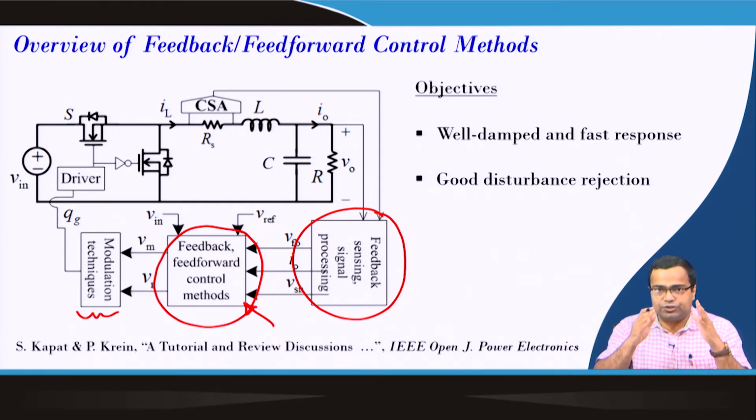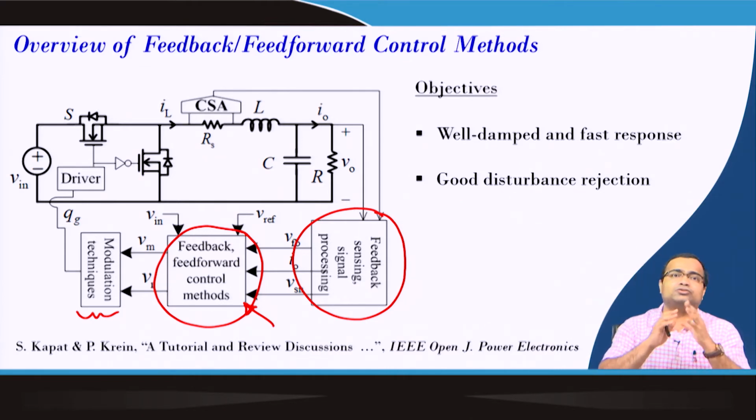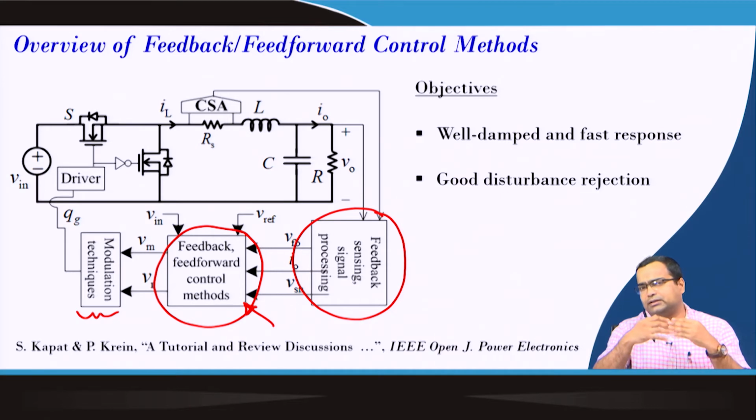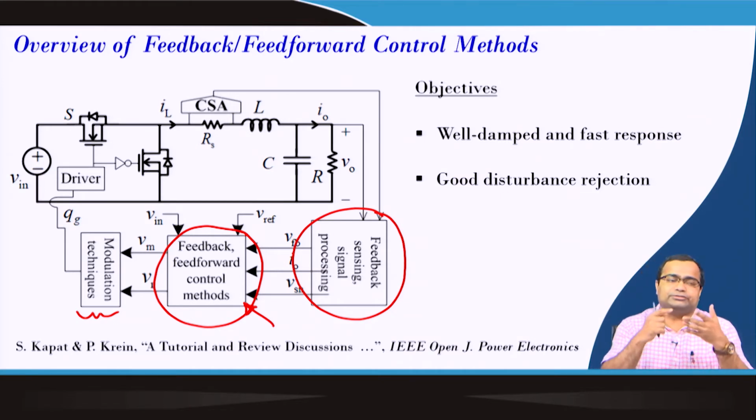In fact, we saw in the previous class that feed forward control can substantially reduce the effect due to the input voltage variation and the effect due to the load current variation. So, this technique can also be incorporated for disturbance rejection. Without feed forward, feedback can also reject disturbance, but it has some limitation, because we also discussed that it takes time to respond to the disturbance. So, feed forward action can speed it up.